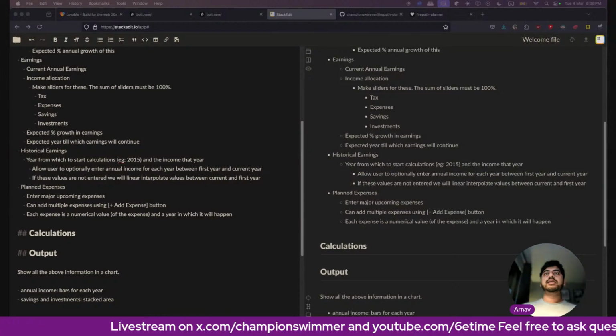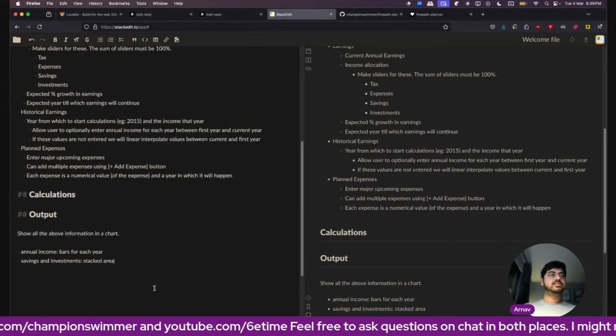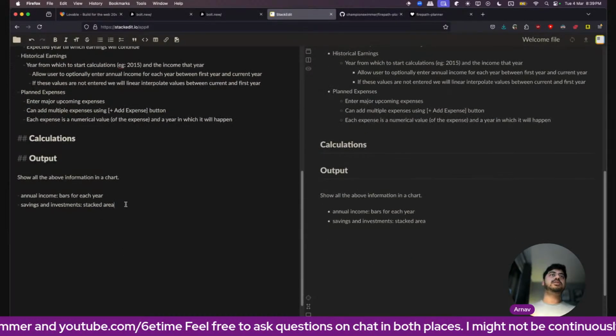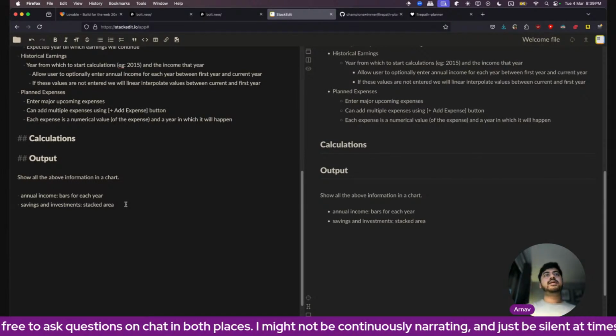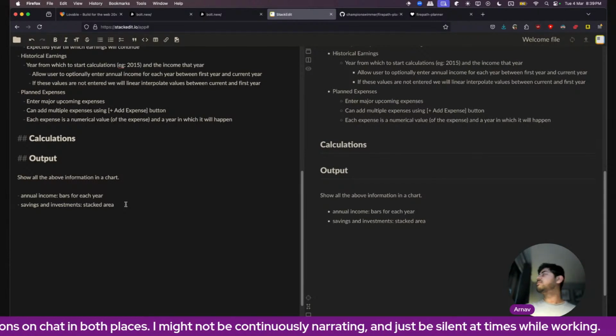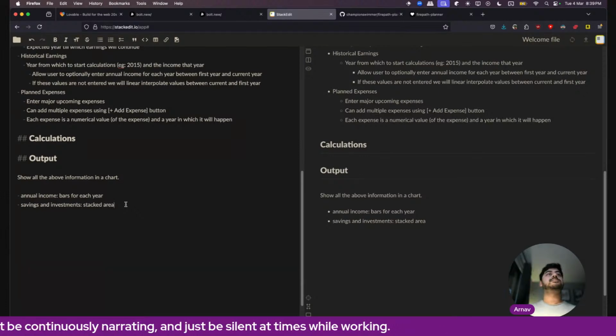Cool. What else? So annual income bars for each year, savings and investments stacked area. Annual income.